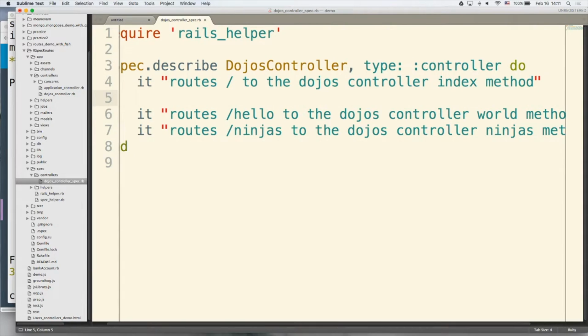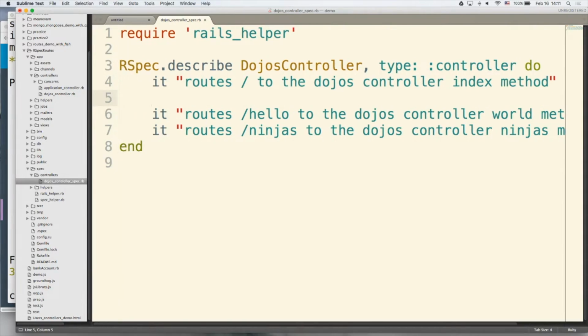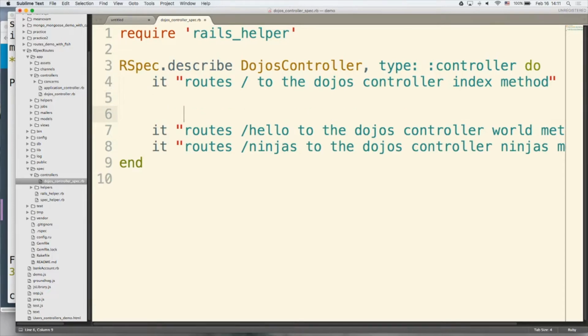In fact, let's just finish this one. So it routes root to the Dojos controller index method. Oh yeah, let's do our end. So we want to expect, okay, this is where it gets a little tricky. So you expect a GET request that goes to root. Oh wait, need that to be in quotes. So it was all red. .to route_to